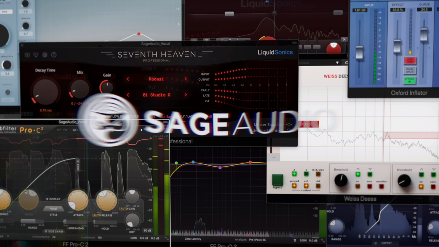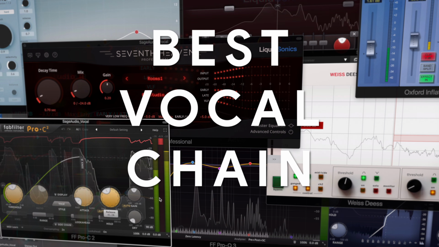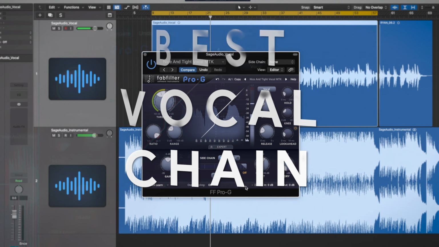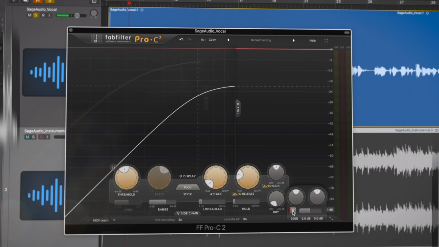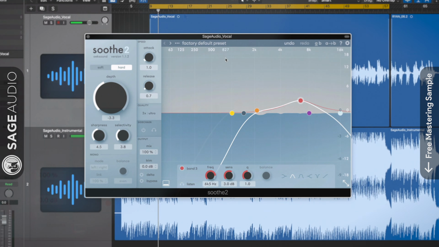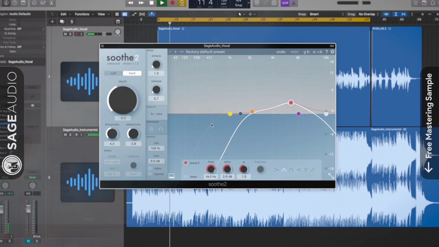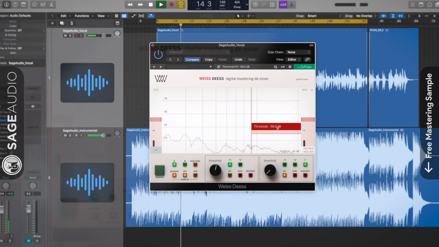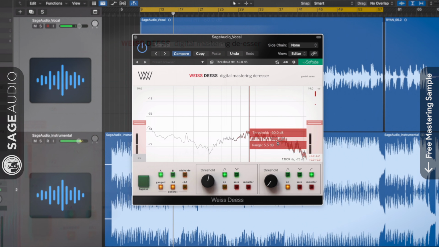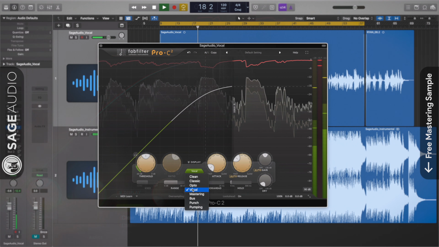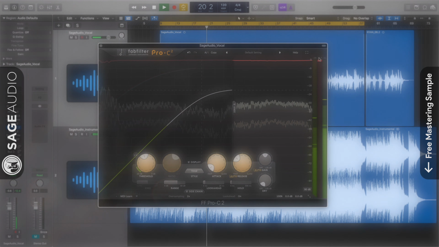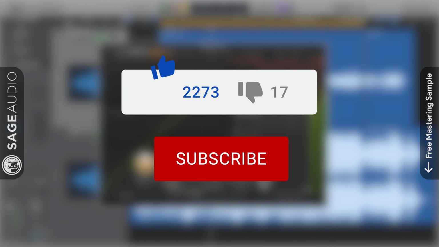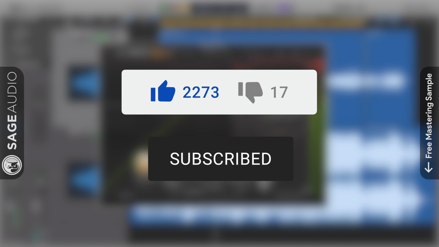Welcome back to the Sage Audio channel. Today we'll cover what might be the best vocal chain. We'll discuss each step taken, why each decision was made, and listen to the vocal as it's being mixed. Keep in mind that each vocal is different and needs unique treatment, but the vocal chain shown here could be useful to you nonetheless. So if you want to hear a new vocal signal chain, or maybe you're having some difficulty getting yours to sound as good as you want,